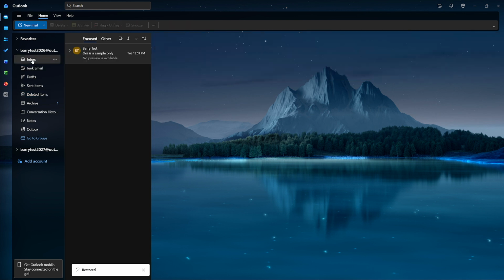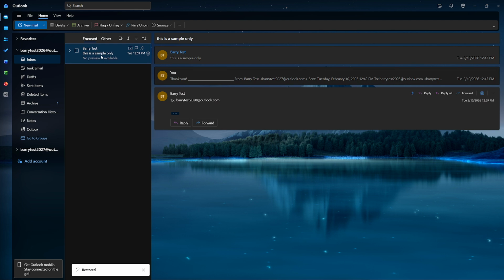When you think you found the right message, select it to preview the contents and confirm it's the one you want back. To restore it, the most reliable method is to right-click the email